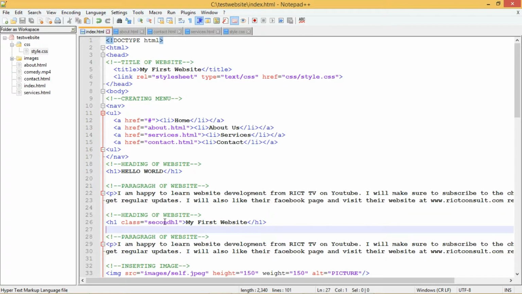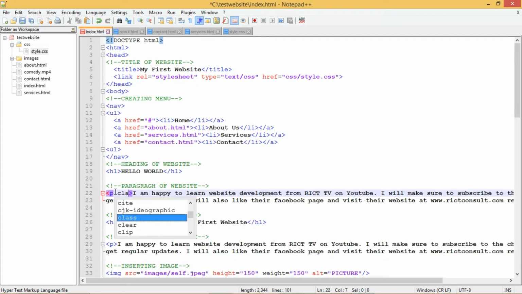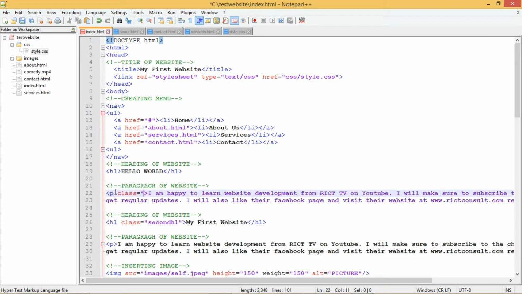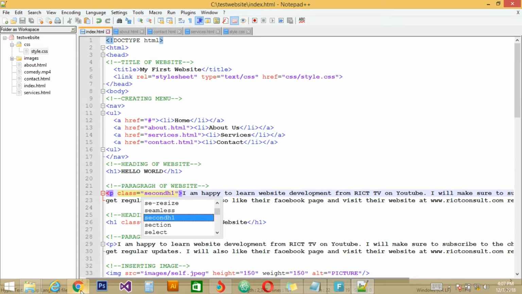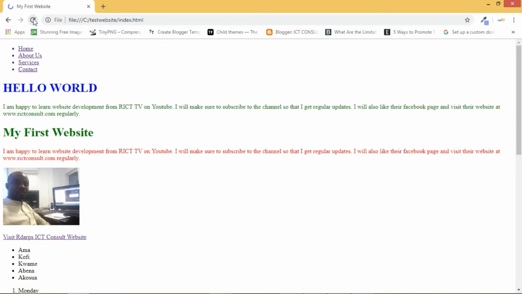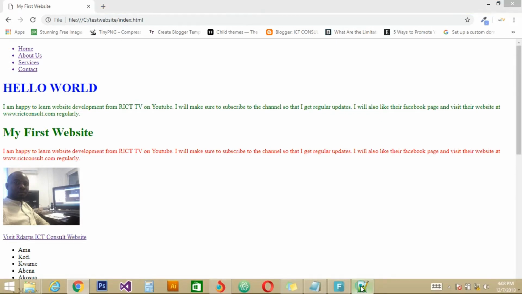And a class, we can use it for a group of elements, and we can repeat it for others. So if we come here and write class equal to the same name, we can use it on the second H1. We save, go to the page and refresh, and when we do, it has also turned green, so the class can be used